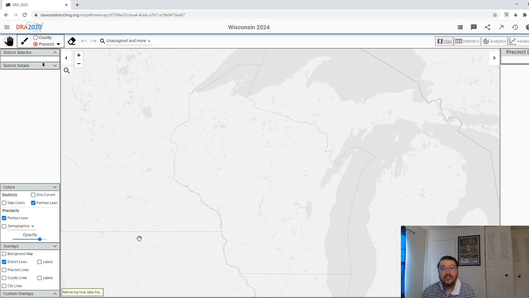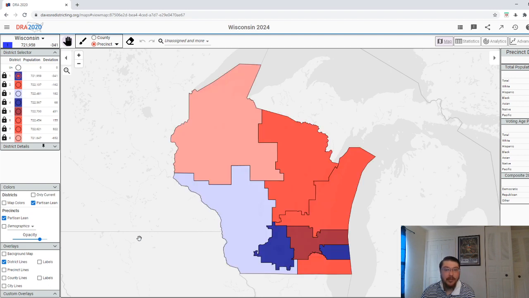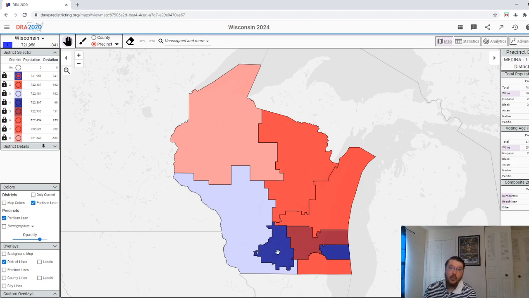Where the Republican Party is going to have slightly different goals. I think it wouldn't be unfair to say that the state is becoming more friendly to the Republican Party. So the goal was to basically pack the Democratic cities of Milwaukee here, and I want to say this is Madison. And then the rest is going to be, one is going to be a safe Republican district, but the others are going to be, there's going to be three that are fairly comfortable for the GOP, one that leans Republican, and then a Democratic district that can be an easy win in the future.